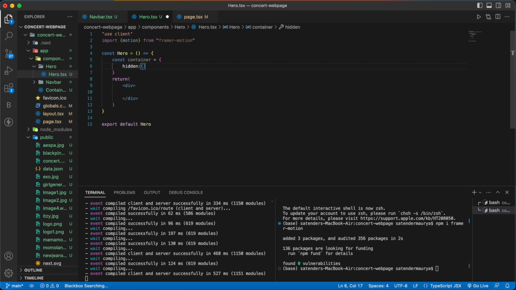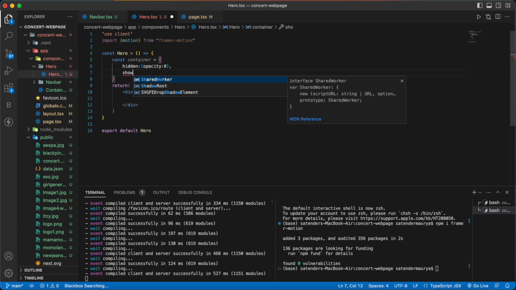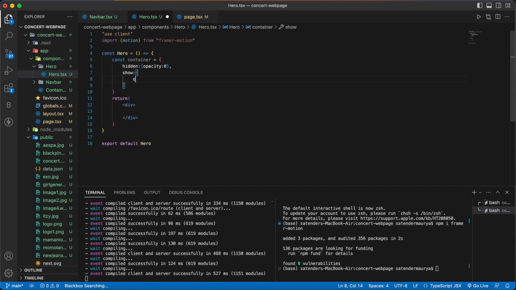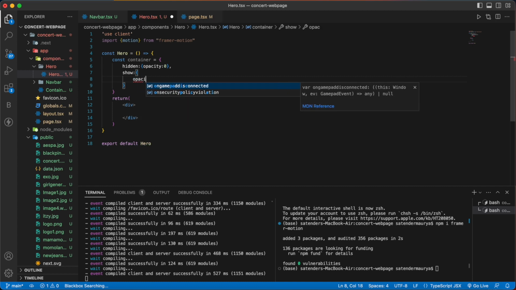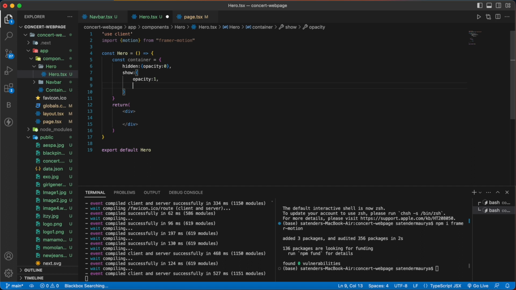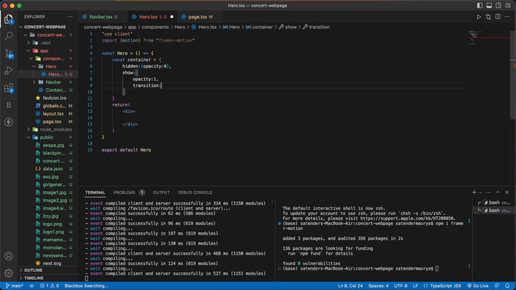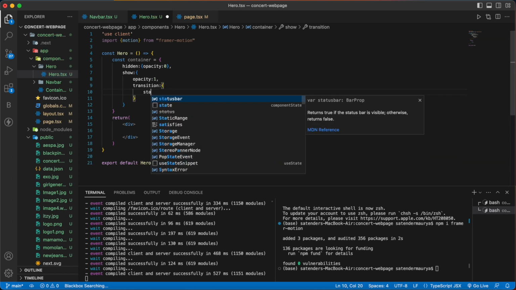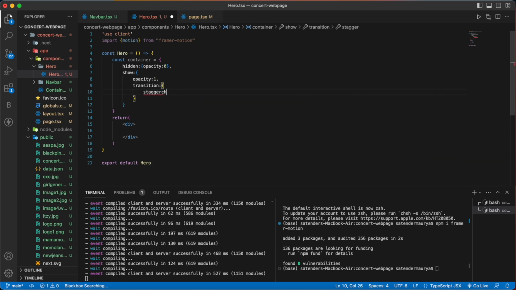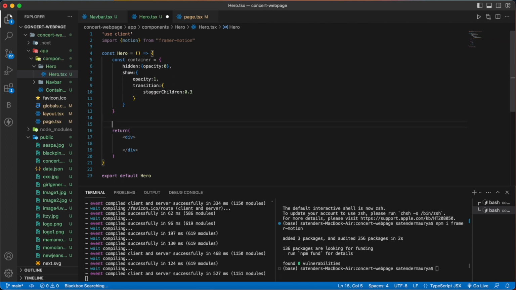Inside that we have opacity of 0, and then we will have our show, and that will have opacity of 1, and transition will be stagger children of 0.3 seconds. And then below that we are going to